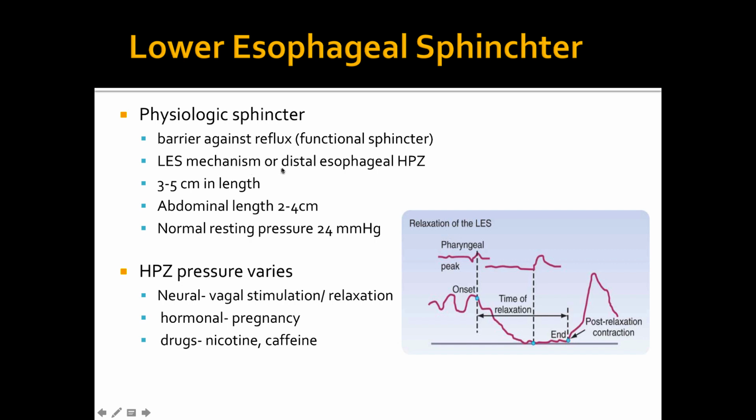It's considered a high pressure zone. It does have some length to it, so if you do manometric measurements, you'll have a 3 to 5 centimeter area of high pressure, which is about 24-25 millimeters of mercury at that Z-line GE junction, 40 centimeters distal to